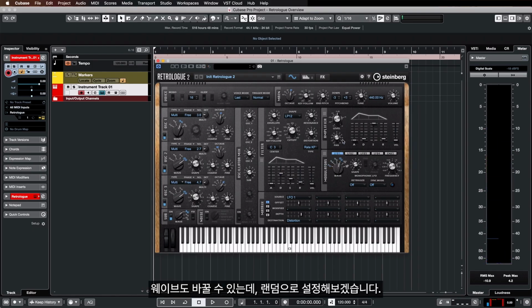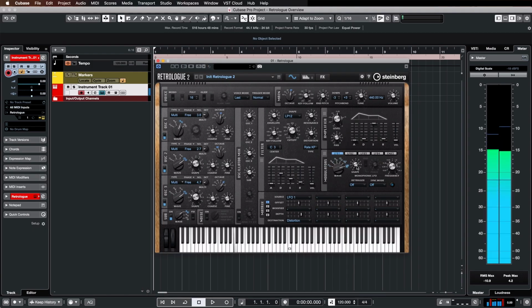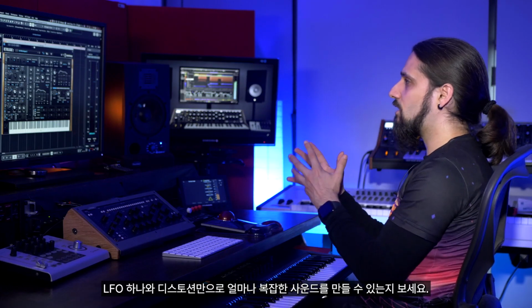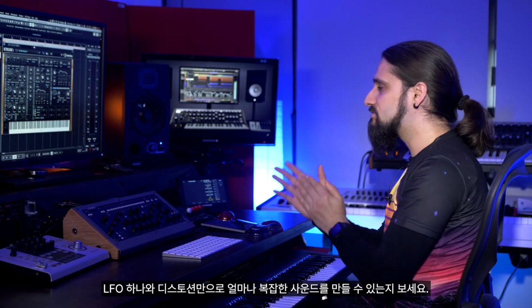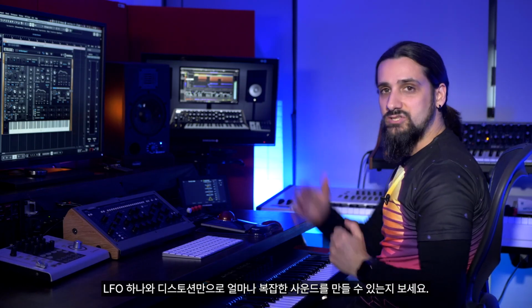Let's turn it into random. So see how complex of a sound I managed to create just by using one LFO and the distortion parameter